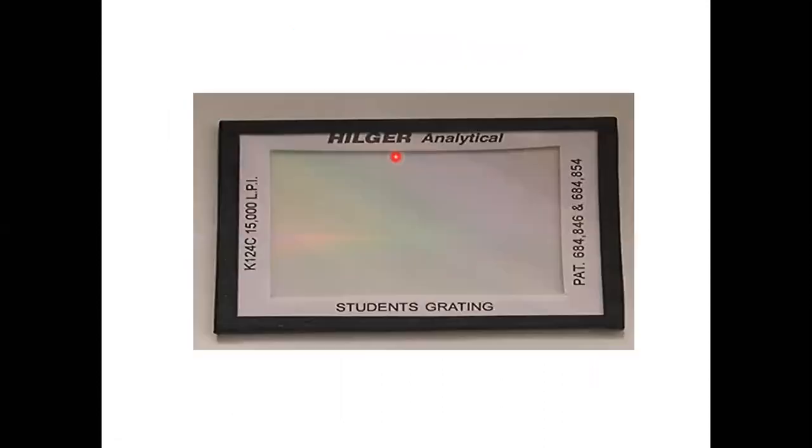observe the diffraction pattern. So this is the picture of the diffraction grating. This picture we have taken in our lab. This grating we use in our lab for the experimental setup. You can observe that there is one term mentioned on this grating, that is 15,000 LPI. What is the meaning of this term, 15,000 LPI? 15,000 LPI means 15,000 lines per inch. The manufacturer of this grating has mentioned that this grating consists of 15,000 lines per inch.